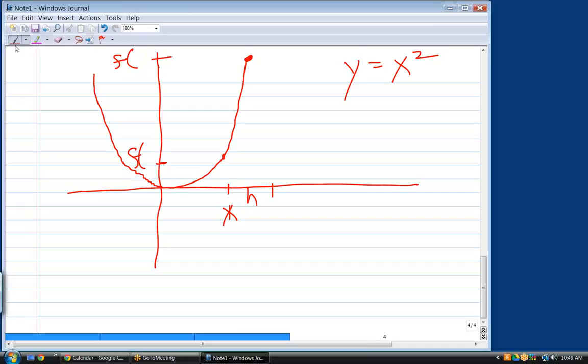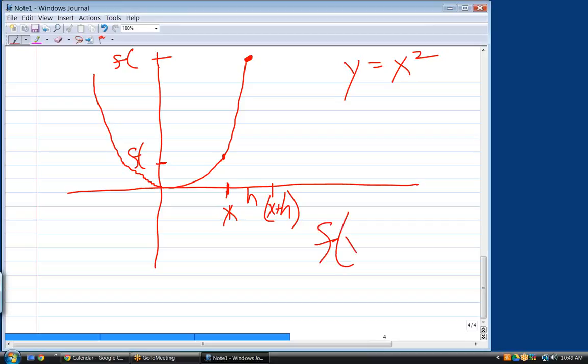Something like that, yeah. If we make some arbitrary x on the x-axis, that's not at 1 anymore, it's just called x, and I go some distance to the right of it, h, well then this point here must be x plus h, right? Yeah. Okay. Now, if I want the slope between x and x plus h, the formula is going to be